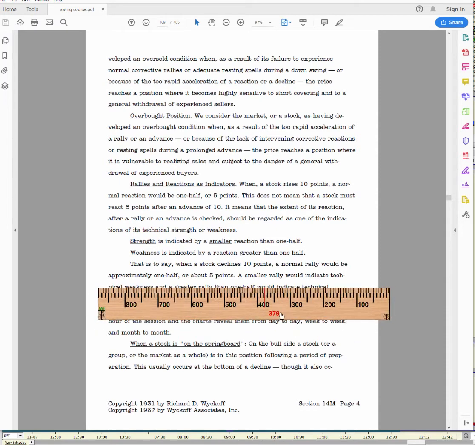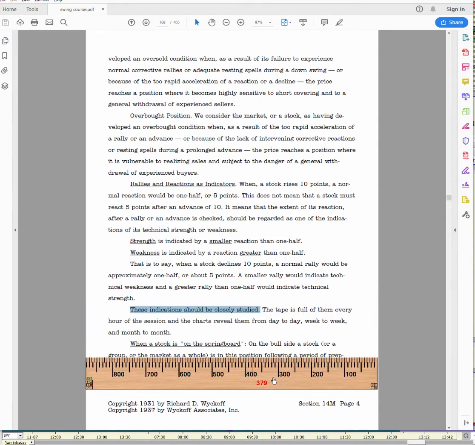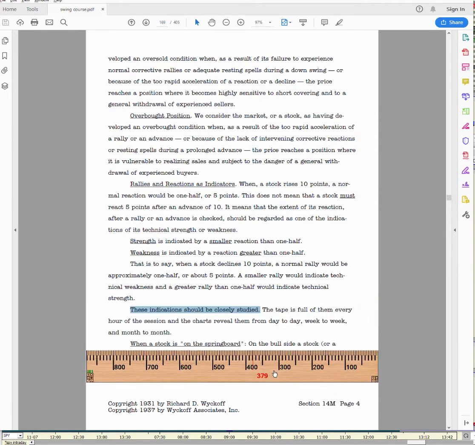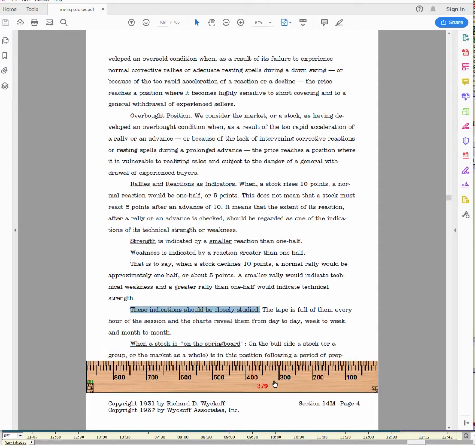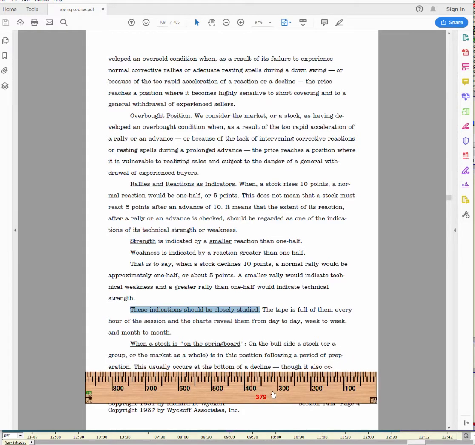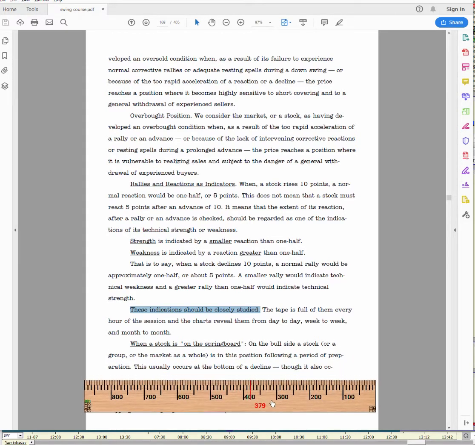These indicators should be studied closely. When a stock is on a springboard, on the bull side, a stock or market or group is on a springboard following a period of preparation. This usually occurs at the bottom of a decline,